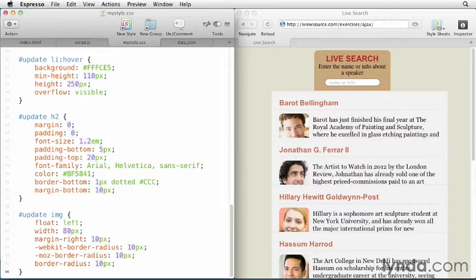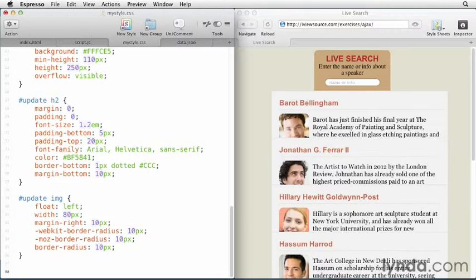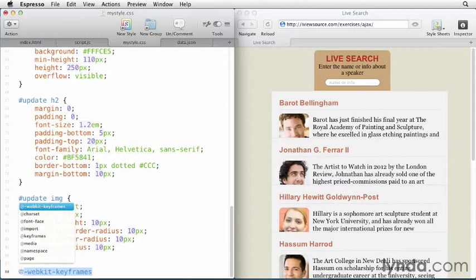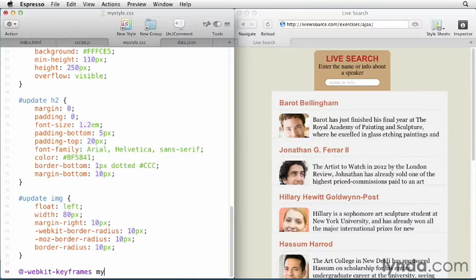So at the very bottom of our CSS, we're going to add some animation keyframes. We'll need to add them with different browser prefixes. The prefixes are pretty similar, so we'll just do one prefix and copy and paste and then modify for the other prefixes. So I'll start with WebKit because I'm in a WebKit browser. So the way this works is you define a set of keyframes and then you give them a name